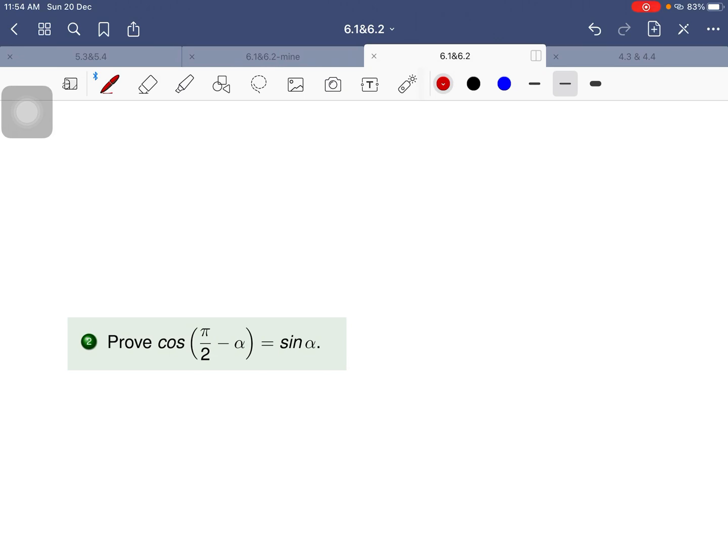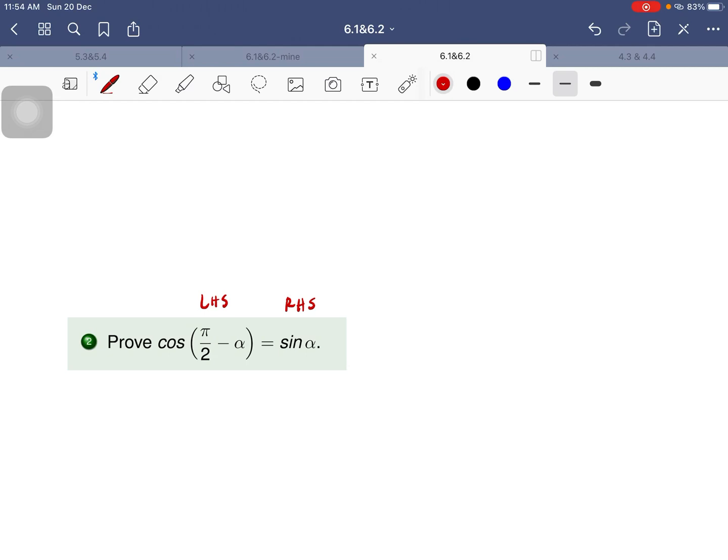And the second one, here we're going to prove that cos of pi over 2 minus alpha equals sine alpha. Somebody actually texted me and asked: if you have something that you have to prove, you have two expressions, the left hand side and the right hand side. Do they have to be the same? Yes. When the question says prove, it means that it is a true statement. So the left hand side must be equal to the right hand side. If you don't get an equal,